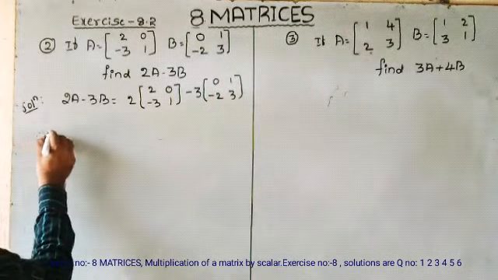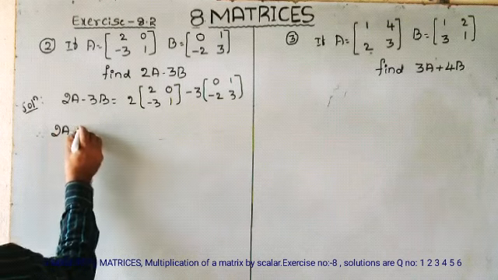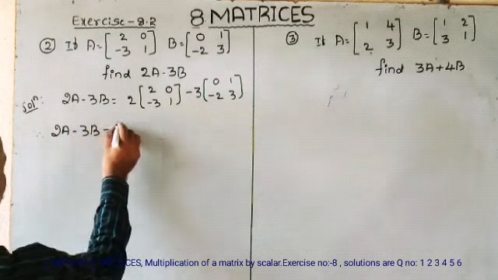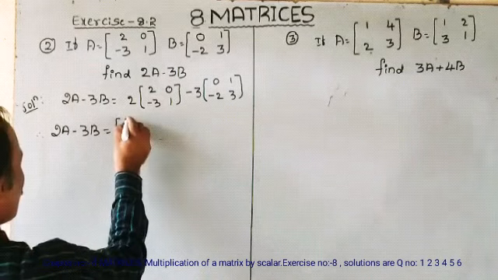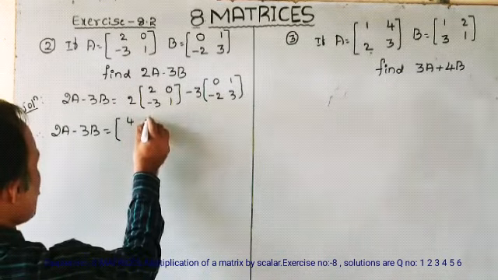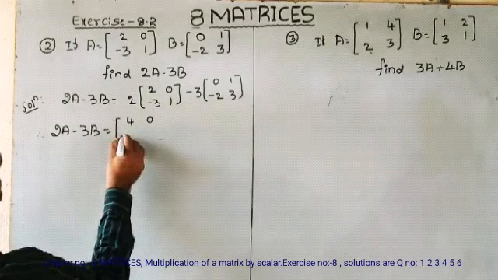So therefore 2A minus 3B is equal to 2 twos are 4, 2 into 0, 0, 2 into minus 3, minus